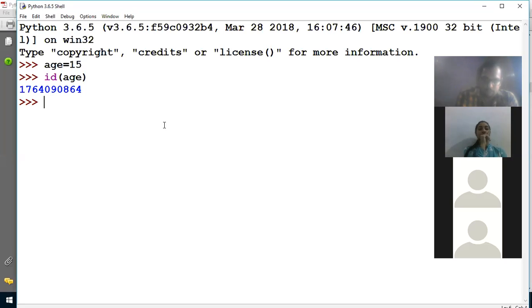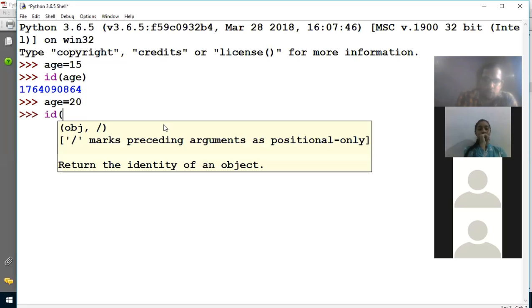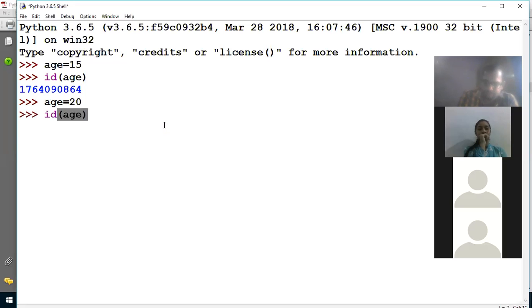Now age equals 20. Now I want to store 20 in the same variable age, and then you have to see the address of this age. See the difference. The address of the first age is different from the address of the second age.